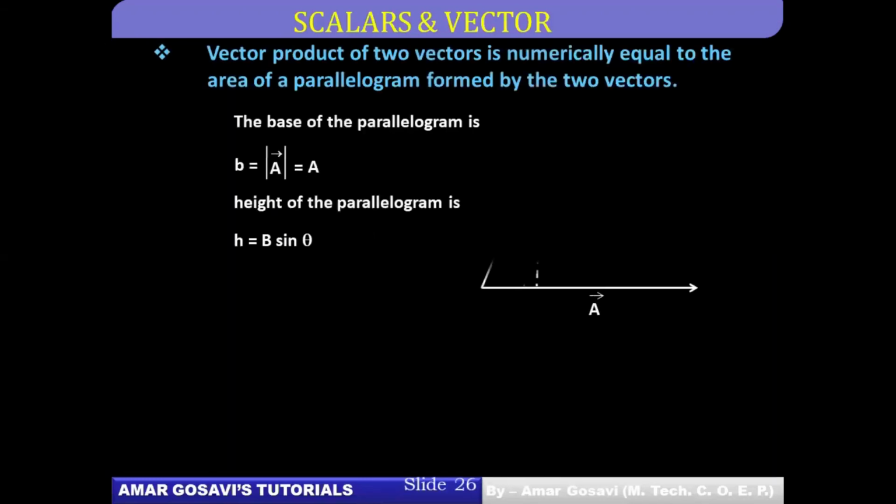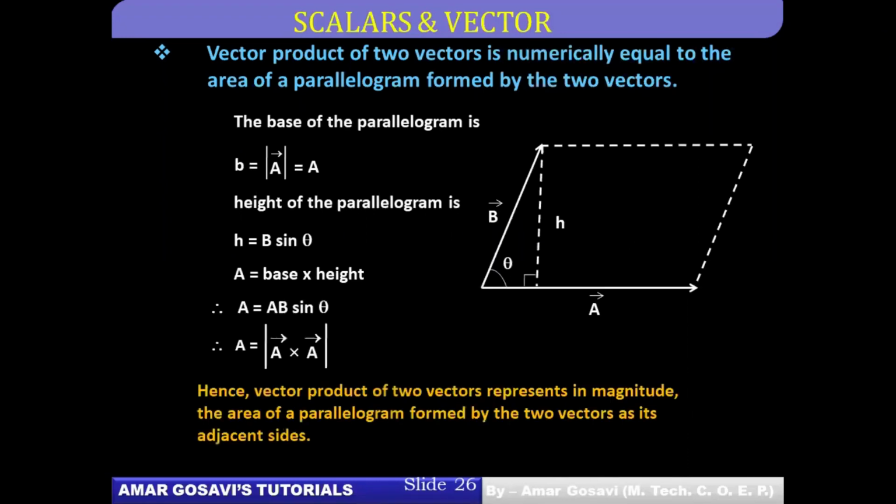So hopefully you have made a note of this also, and in this the only correction is, instead of A bar it should be B bar over here. And an important thing, this was the area of a parallelogram. Had it been only a triangle, it would have been half base into height. But again, having said that, we can estimate the area of a triangle also in terms of cross product. So hopefully done. Please let me know. Just put it in the feedback section so that we move ahead.